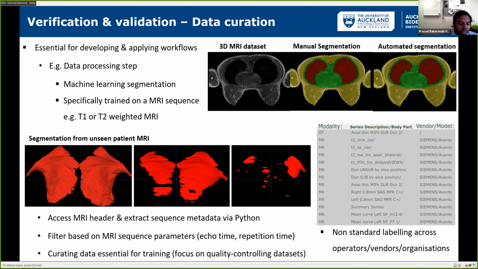So we need to make sure that when we train data, we know exactly what sequence we're dealing with, and we want to be able to make sure that we curate our data sets such that we can make very effective tools. If we accidentally had, for example, the T2 MRI in our training set, what that'll do is reduce the ability of that machine learning algorithm to make segmentations. Ideally, we want to try and apply lots of different sequences, but having targeted sequences also can help give you some good accuracy in these